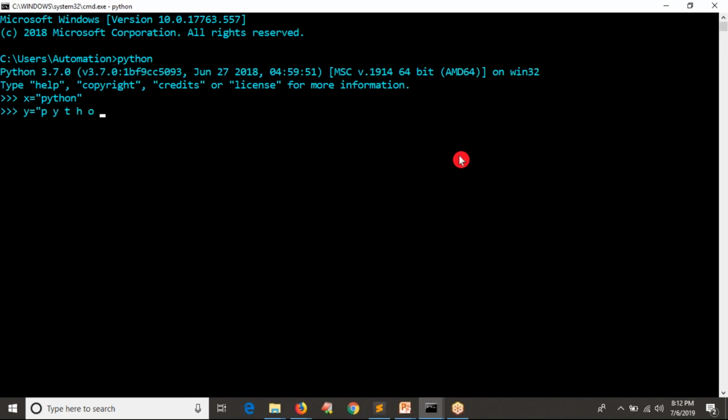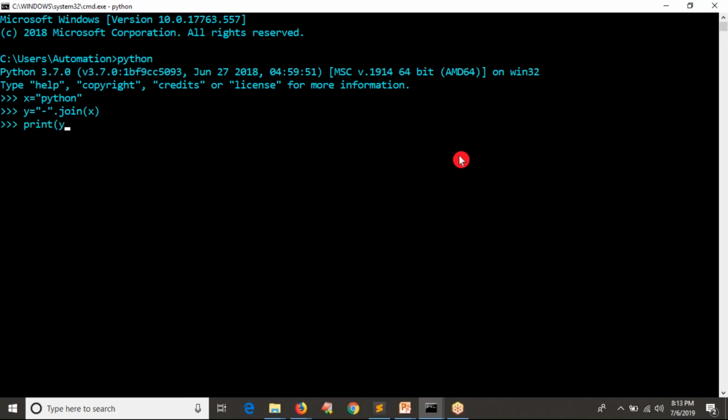But I want to create that from X itself. Simply Y equals quotations and inside that just a hyphen dot join then your X. So just join space inside of your X between your characters.